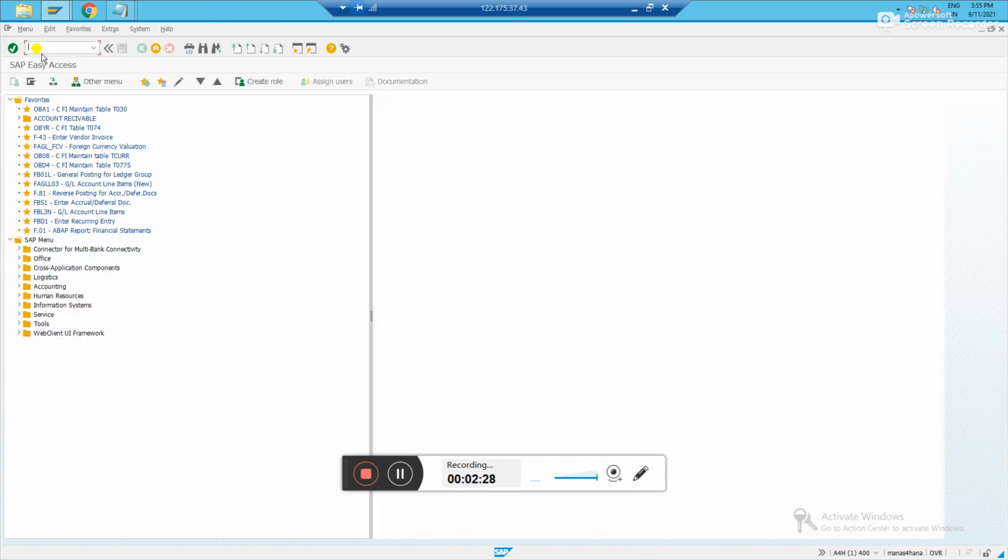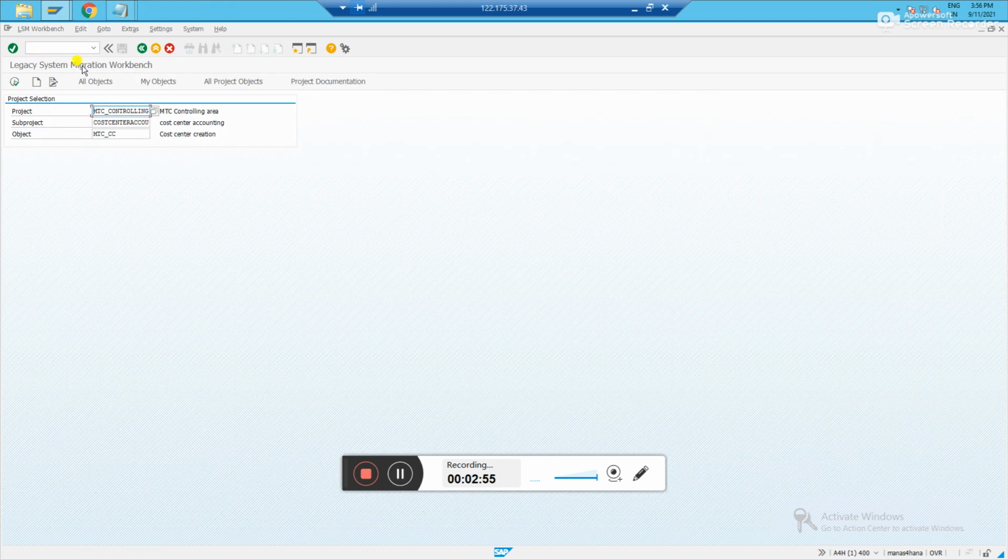As this is a direct program, it's not a transportable thing. Wherever you want to create master data in a particular system, you need to log in there, create the LSMW program, and get your work done. So I'm in a system. Let us begin. I'm going to the transaction code LSMW.